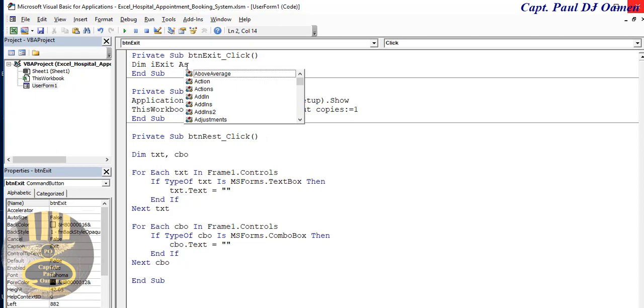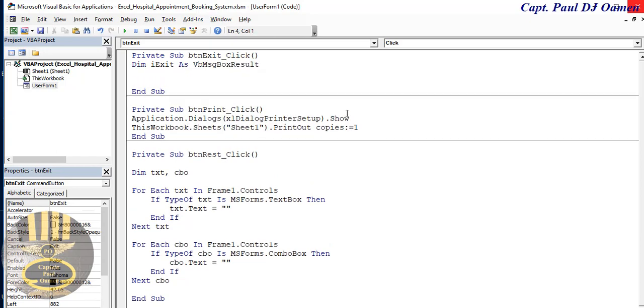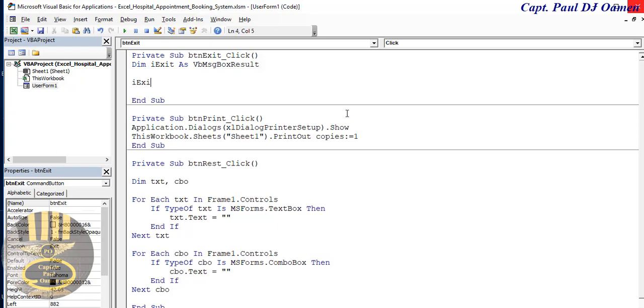So this is the name of my variable, I exit. Declare that as VBA message box button. Message, okay, message box result, not button. It's not a Visual Basic. Okay, now so in here I'm going to say I exit equals